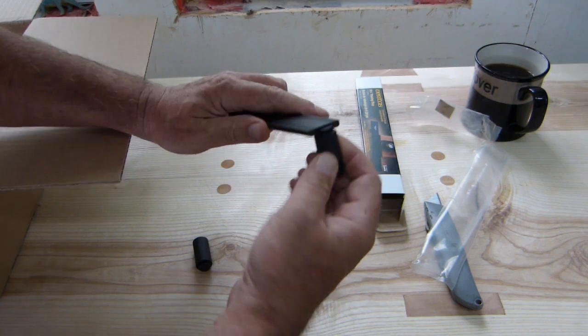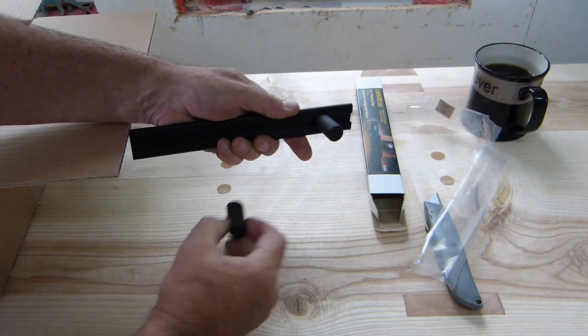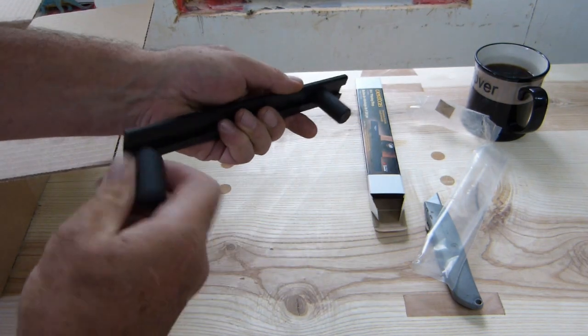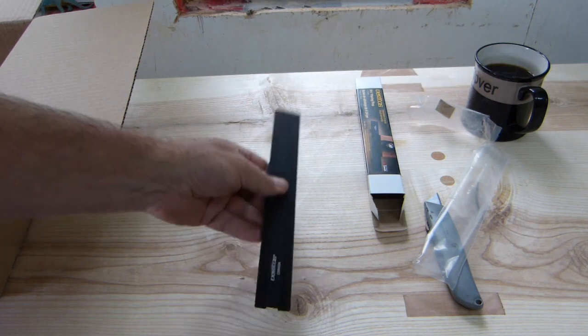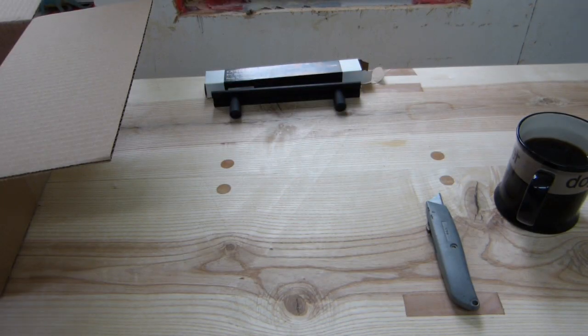Is there a flat spot? Oh, it's spring loaded. Little posties here got a spring in them. And that one, and that'll go into 2 dog holes in the bench and will be my planing stop. Item number 2,